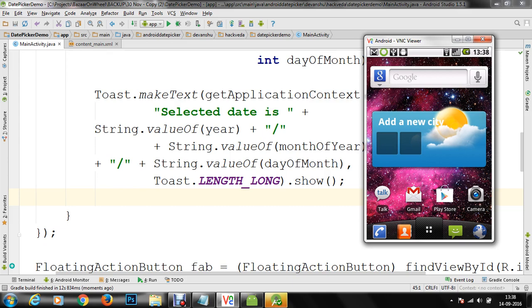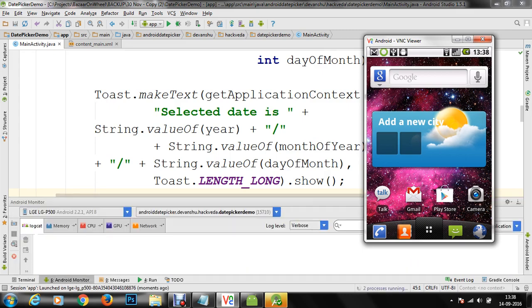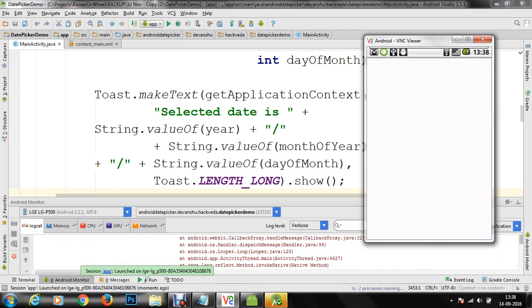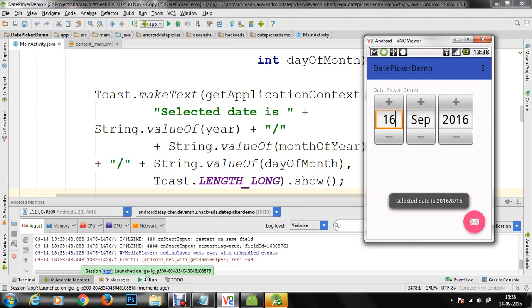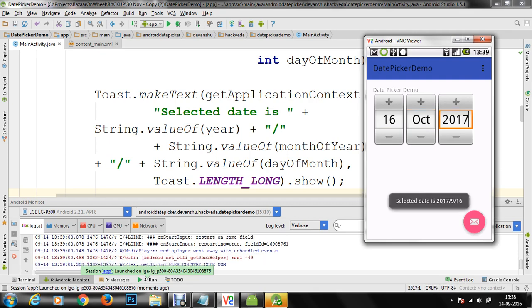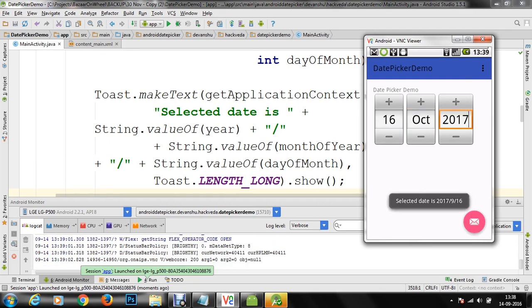So as soon as the application runs on the Froyo device, the launch has been done, and now you can see that as soon as we select a date, let's say I have gone to 15th or I have selected 16, you will get a toast message somewhat like "Selected date is 16 September 2016." If we change the month, you will get something similar, and if we change the year, you will get something like "2017 has been selected." So this is how it works.